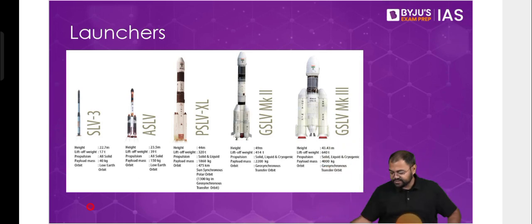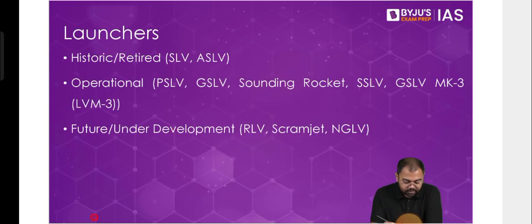Now, when it comes to the launchers that India has, you'll find that there have been various launchers that India has used over the years. So we started with SLV3 and ASLV, the first two that you see on your screen, and then after that, PSLVs and GSLVs, etc., have also come. So overall, if you look at the number of launches that India has had, we divide the set of launchers into 3 phases of development.